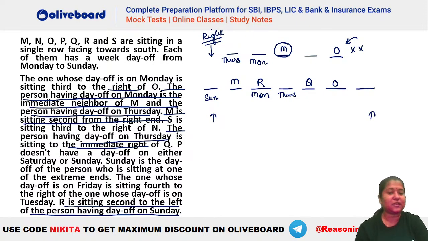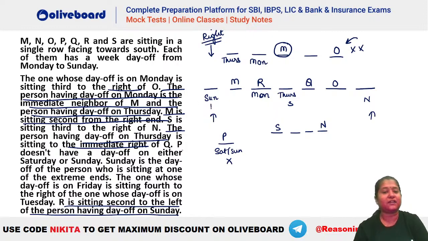Now what is remaining? You can see it has to be this one. That is P does not have a day off on Saturday or Sunday. So we know that P cannot be Saturday or Sunday. ये एक information है कि P Saturday Sunday को नहीं है. And S has to be third to the right of N. कुछ इस तरह से होगा, ठीक है? अब मान लो कि S और N को आप यहाँ पर प्लेस करते हो. So your P will come here. But this is not a possibility. Why? Because P cannot be on Sunday, right? ये तो हमें पहले ही पता है. So that means this S and N has to be here. So this will be your S. This will be your N.